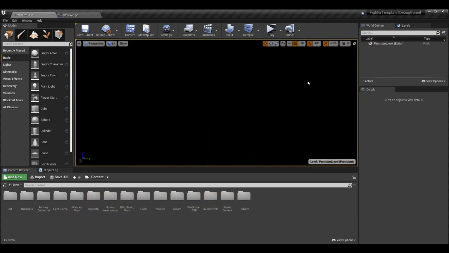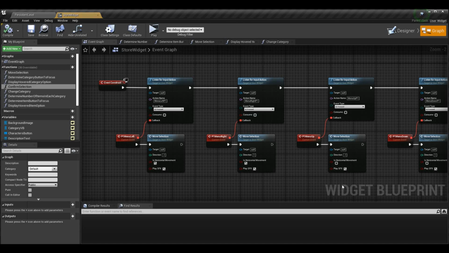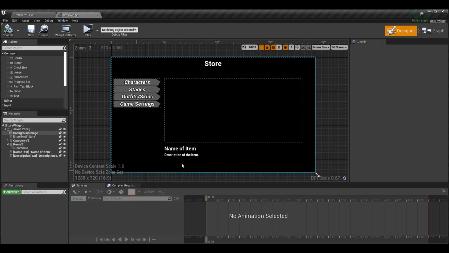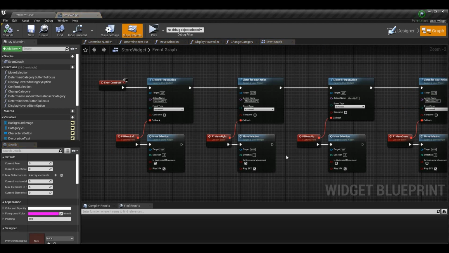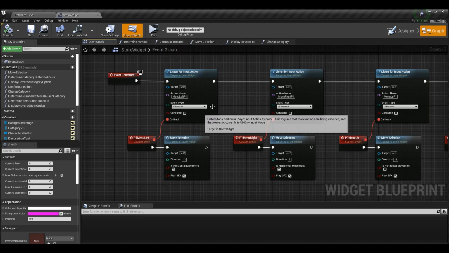With that out of the way, we can go ahead and get started. All we need today is our Store widget. So I have my Store widget blueprint. That is the main Store widget. We have a few widgets related to it, such as the individual rows and items, but we only need the main widget today. The first thing we want to do is go to the graph and open up the function